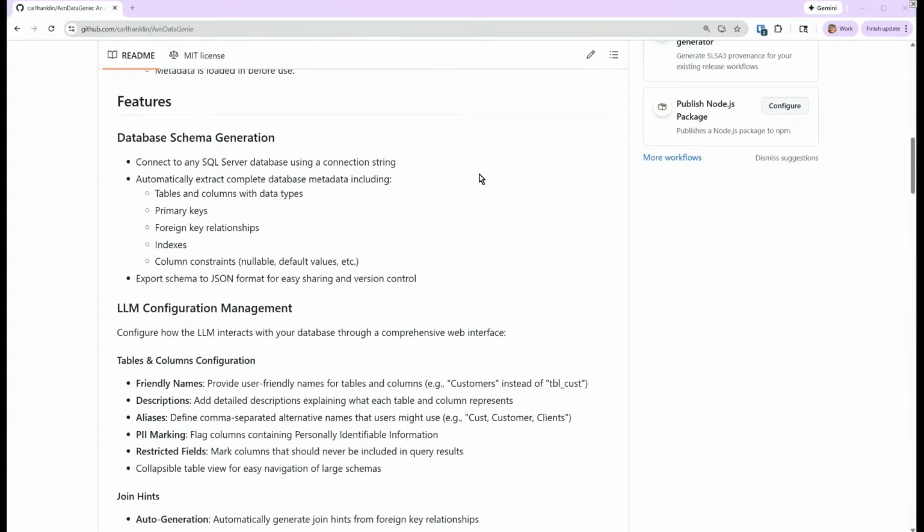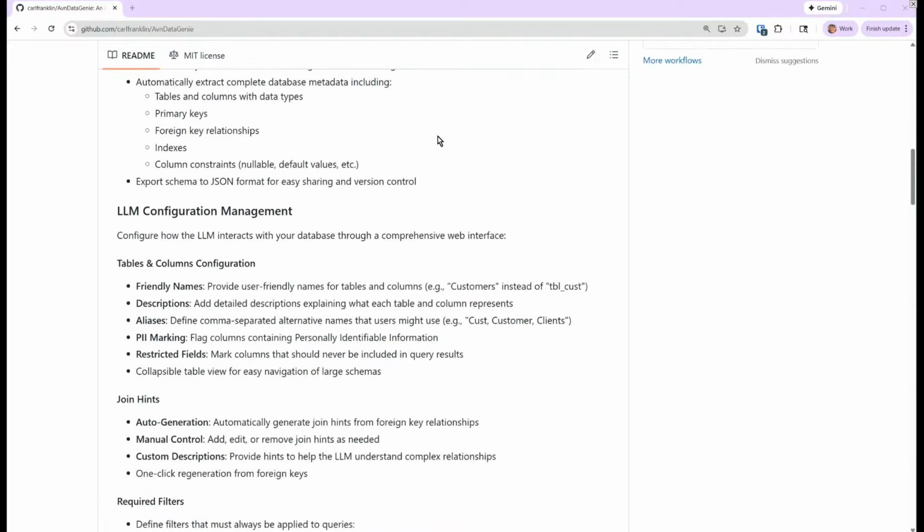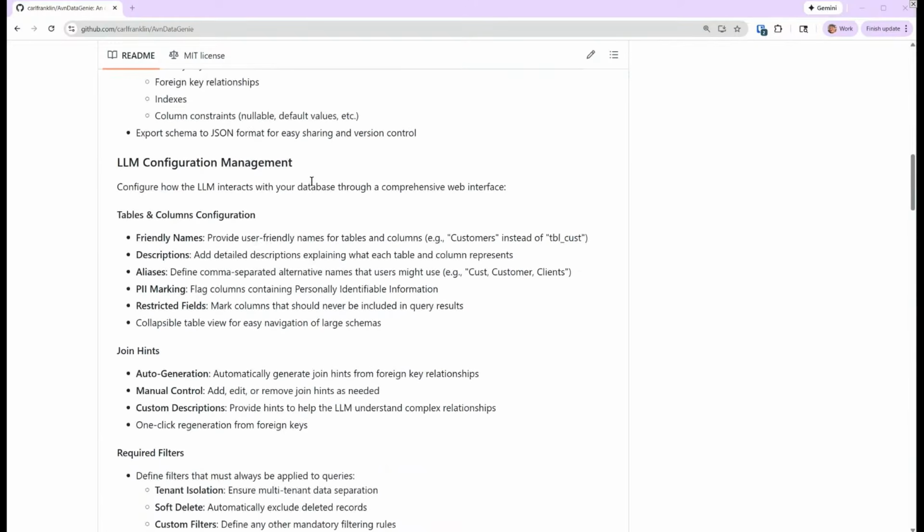We've done that part. The next part is to take that JSON and then configure with an administrator program how the LLM interacts with your database. Basically, we want to provide friendly names or aliases for tables and columns, as it says here, customers instead of table cust. These are natural language aliases.